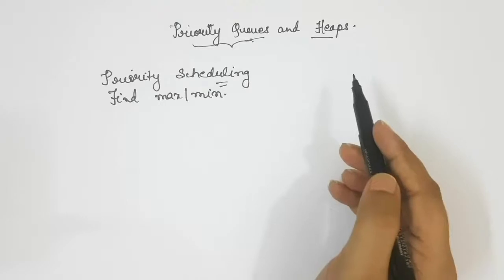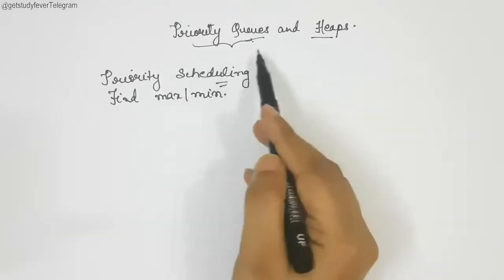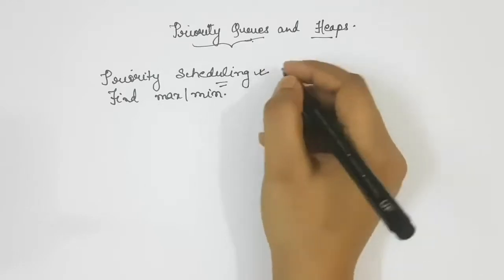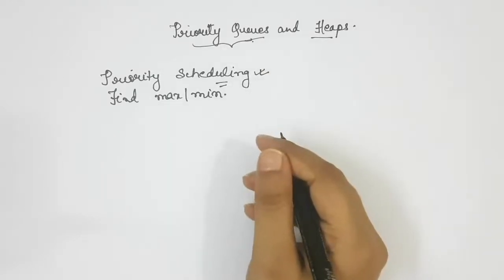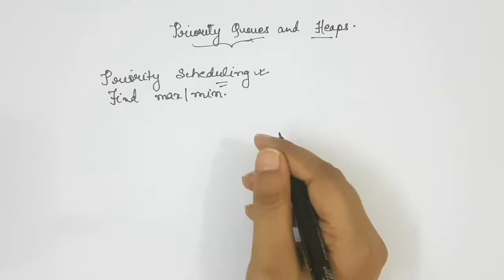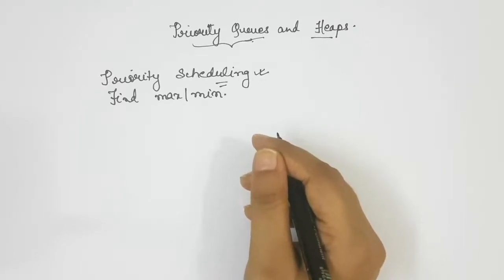In this session, we are going to discuss priority queues and heaps. First, let's try to understand what a priority queue is. You must have heard about priority scheduling in operating systems. Basically, the operating system always looks for the process of highest priority, and that highest priority process is assigned